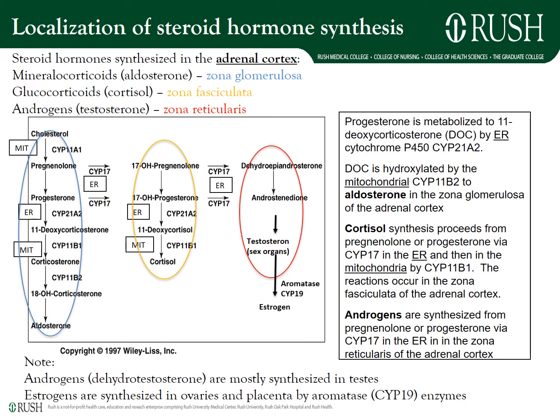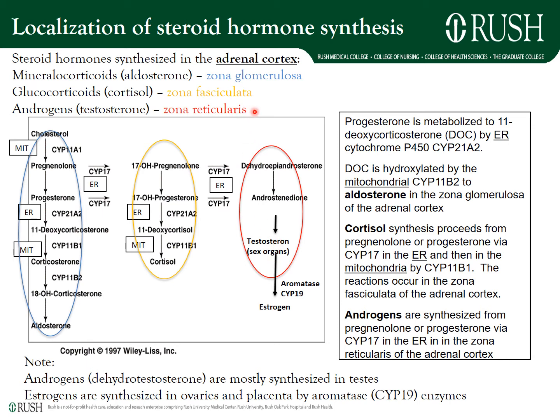How do we do that? What is depicted in this particular figure is happening in the adrenal cortex, in different zones. The blue depicts aldosterone or mineralocorticoid synthesis, and these enzymatic steps are in the zona glomerulosa. MIT means mitochondrial enzyme, ER means smooth endoplasmic reticulum enzyme. Glucocorticoids, labeled by yellow circle, are synthesized in the zona fasciculata, and the androgens, like testosterone, can be synthesized in